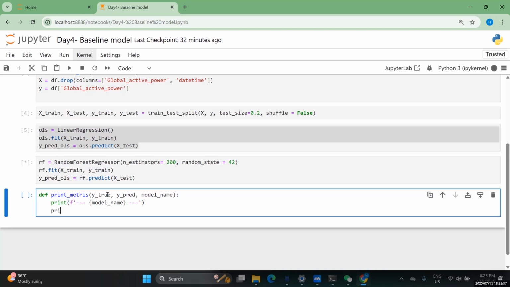And we'll do the same for prints. This mean absolute error, curly brackets. Now we are going to, for absolute error,